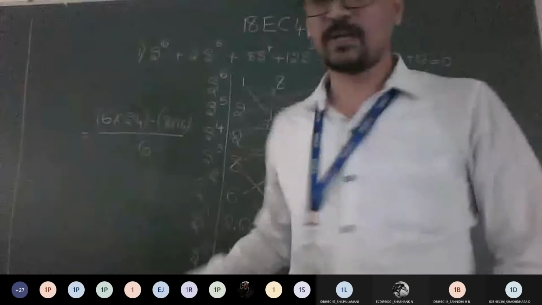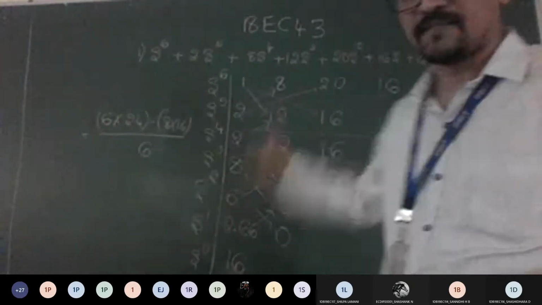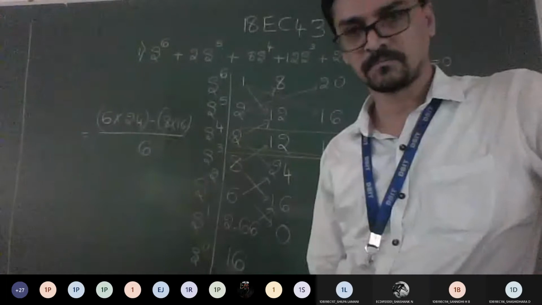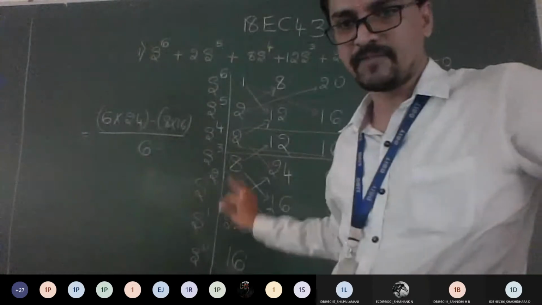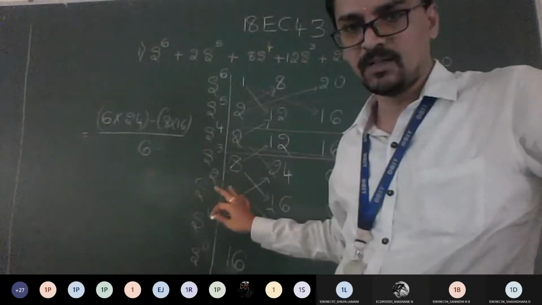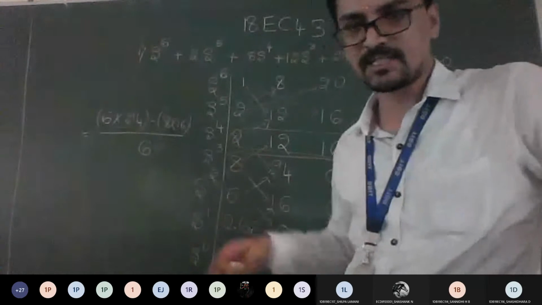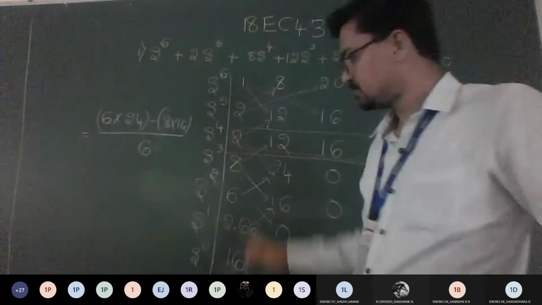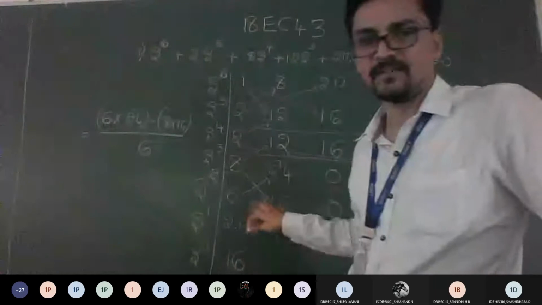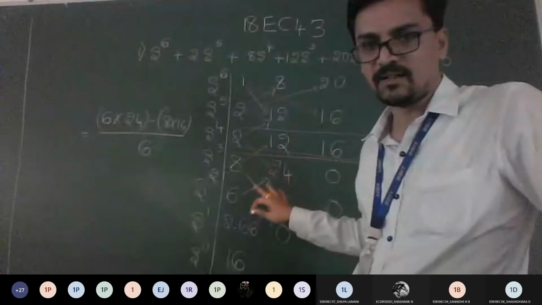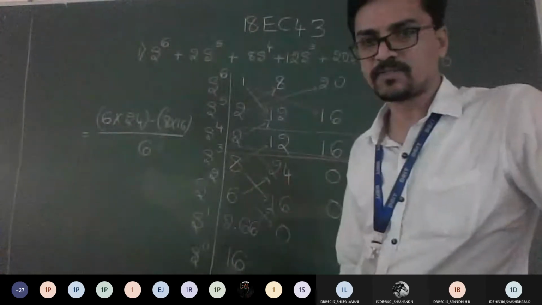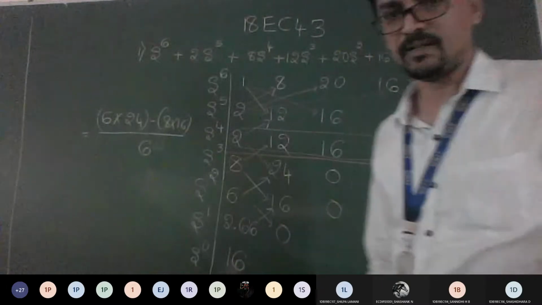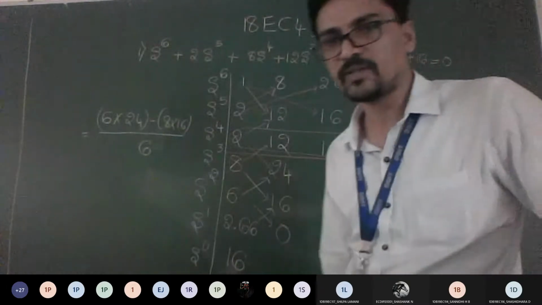Have you got the first column completely? Yes or no? Till here, if anybody has a doubt, let me know, because after this there is some extra procedure to be followed. Before going for that, I want you people to get clarity here. If you have clarity till here, then only I will proceed further. If you have doubts, you can ask me. I will repeat for any of you. Is it okay till here to everyone?